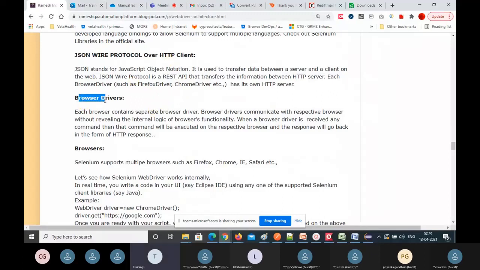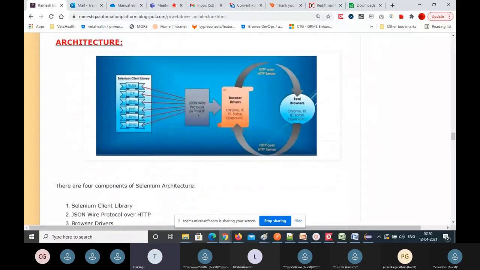So, browser drivers. Each browser contains a separate browser driver class. ChromeDriver class is there. FirefoxDriver is the class name. SafariDriver, EdgeDriver, InternetExplorerDriver, OperaDriver.